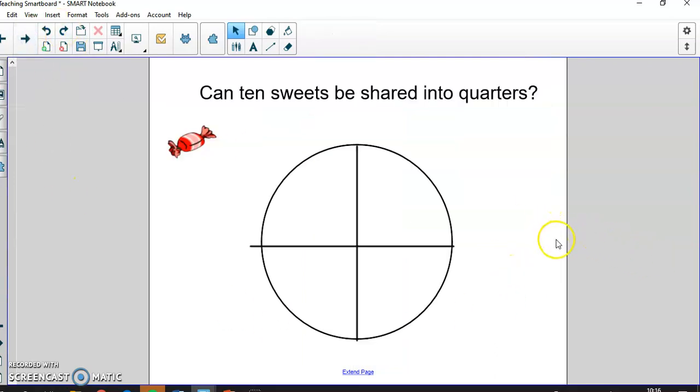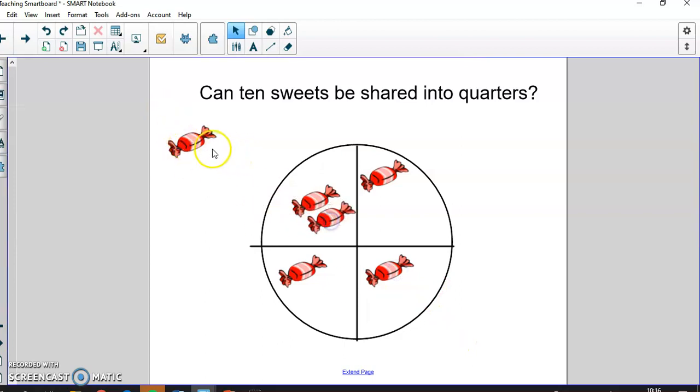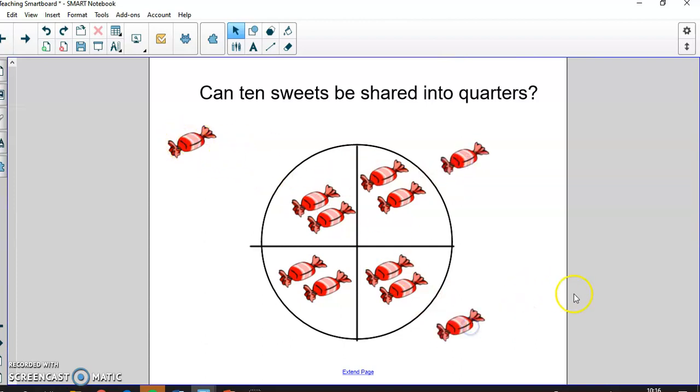Let's have a look at this reasoning problem. Can 10 sweets be shared into quarters? So if we put 1 in each quarter, we can share 4 into quarters, 5, 6, 7, 8 can be shared into quarters, 9, 10. So we've proven we can't share 10 sweets into quarters because, well, have a think, why isn't that